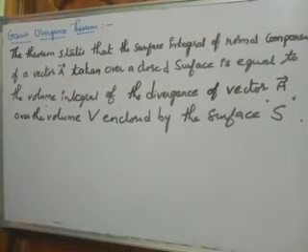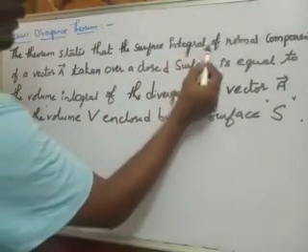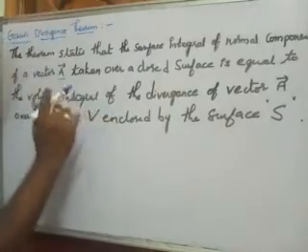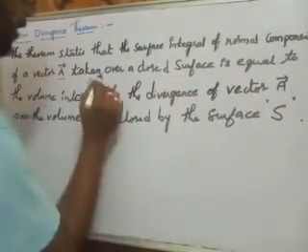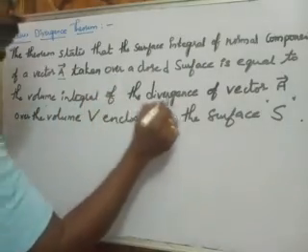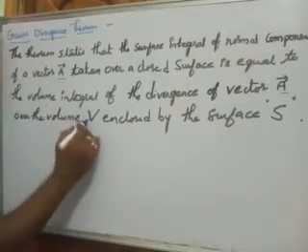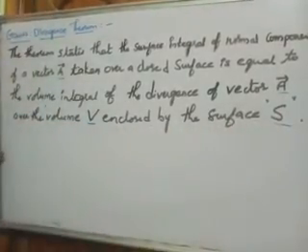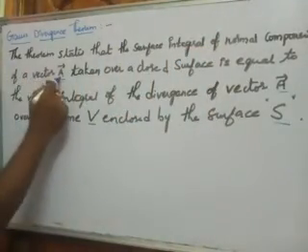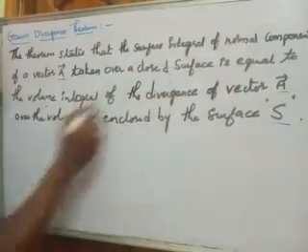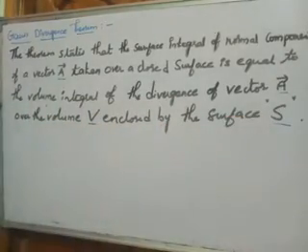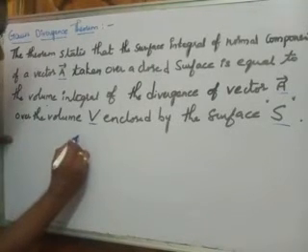The theorem states that the surface integral of the normal component of a vector A bar taken over a closed surface is equal to the volume integral of the divergence of vector A bar over the volume V enclosed by the surface S. Now the mathematical representation of Gauss divergence theorem is, see carefully,